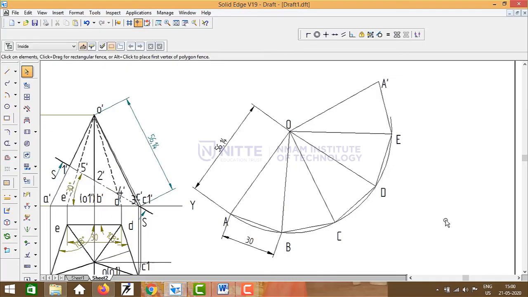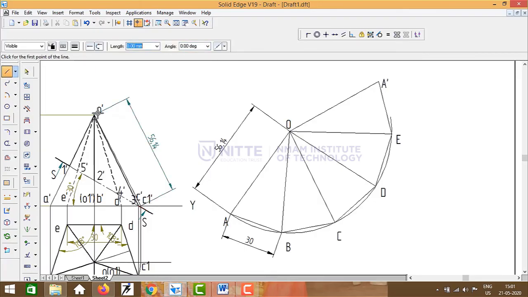So this is the full development of the pentagonal pyramid. Now the section plane, how it cuts these slant edges, the same way we need to cut this. See now here O dash A dash is cut at 1 dash, but O dash A dash is not the true length. So what we need to do? So we need to transfer this distance between O dash 1 dash into the true length line. Which is the true length line here? True length line is O dash C1 dash.